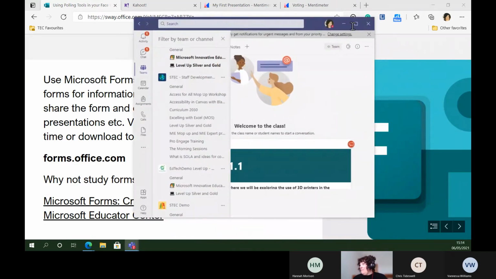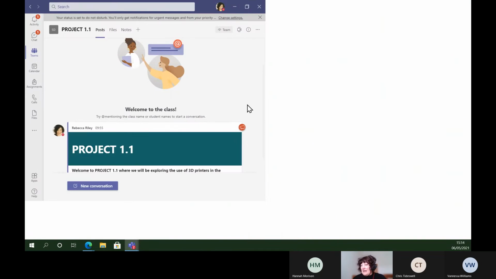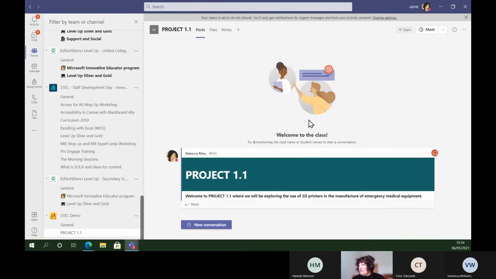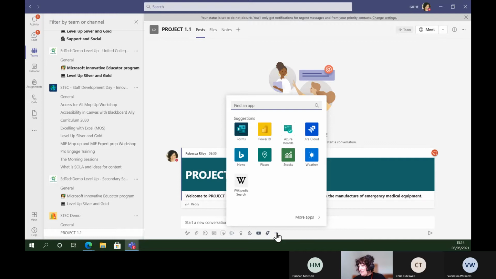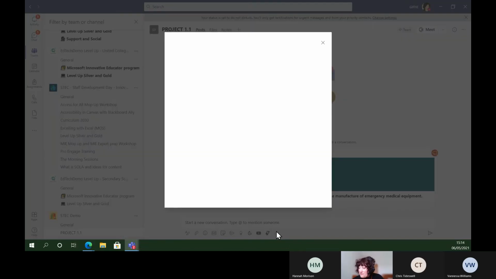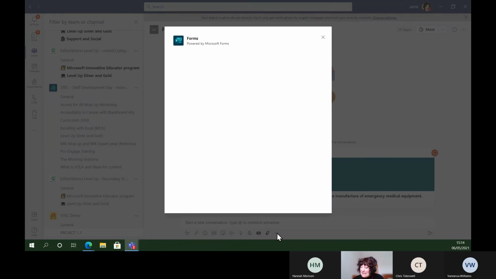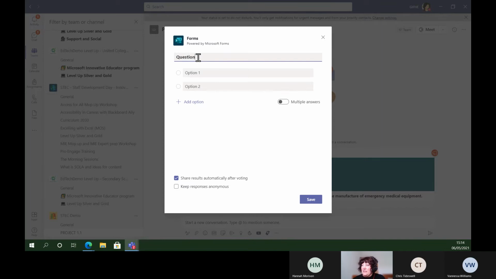If I just bring Forms in, sorry, Teams in now. This is my Teams here. And I have created a new team, which is for my project 1.1 3D printers. And I want to just check with a question in this. If I was teaching remotely online or whatever, and I wanted to check people's understanding with a bit of a question, I could select Forms and it will let me pop one in. That was just from the three dots there. It's a little app which is in Teams, and I can add it into a channel. And I'm going to make my question,